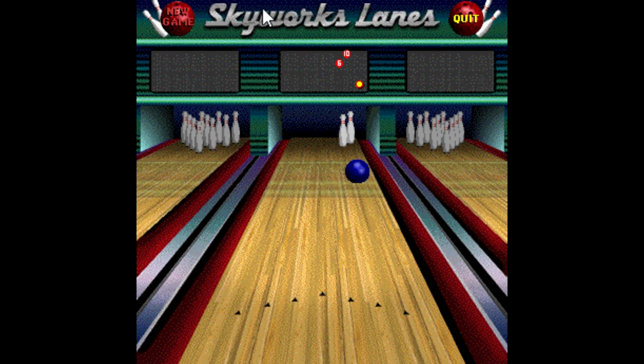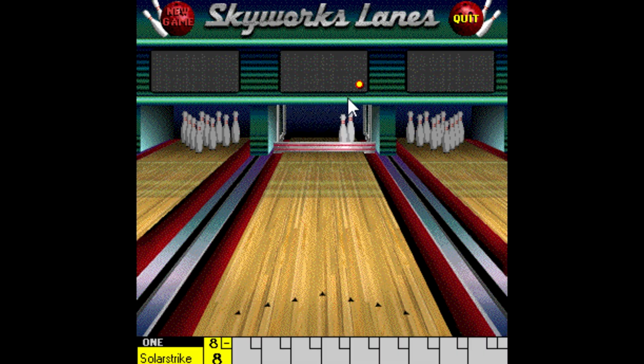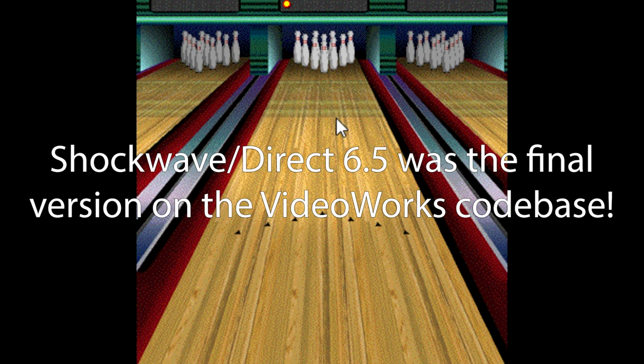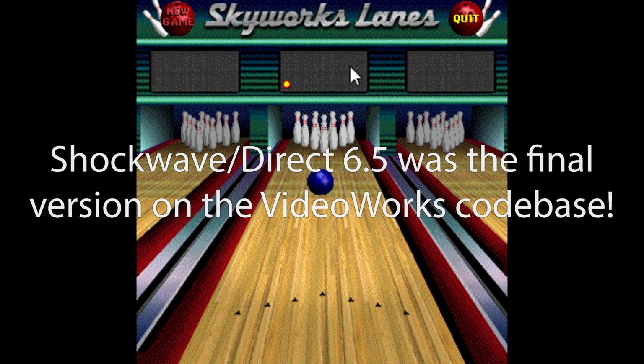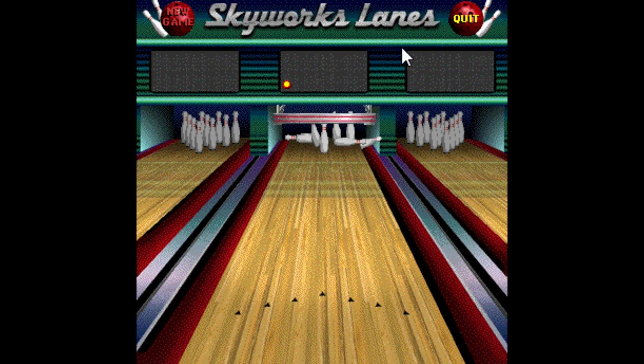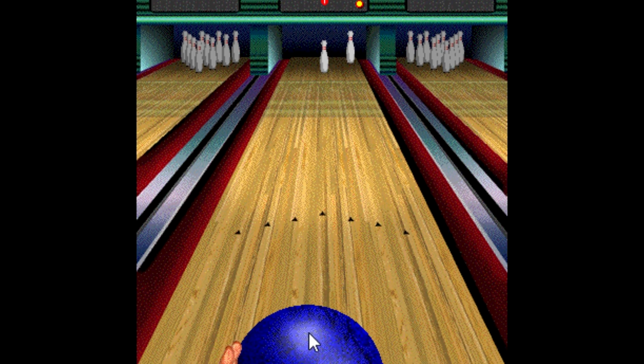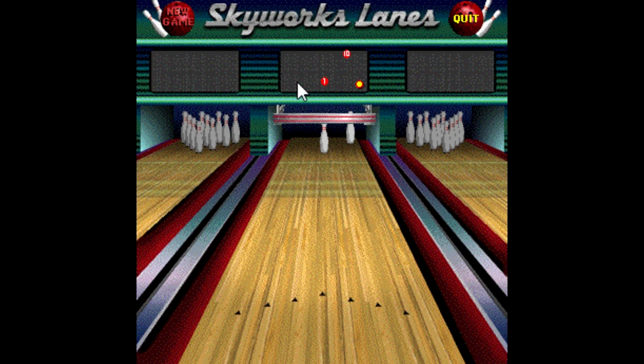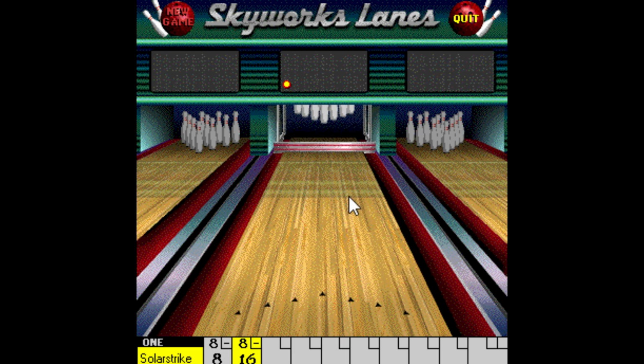By this time, many websites were using Shockwave for interactive content, and Director continued to be a multimedia market darling. This was the final version based on the old VideoWorks codebase. Version 7, released in November 1998, marked a major turning point for Shockwave, serving as a massive rewrite of the rendering engines. This rewrite turned off some developers from the product, but was a big leap forward in terms of